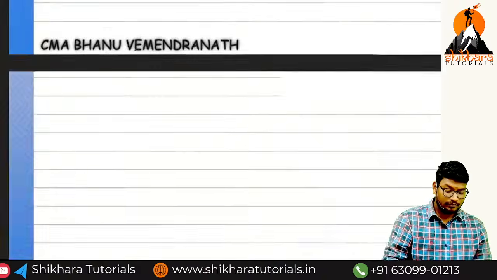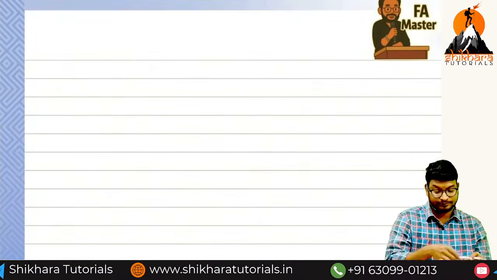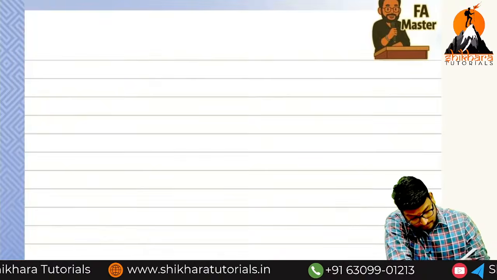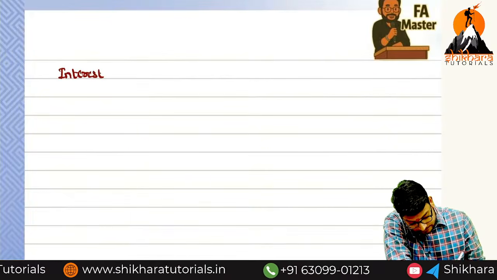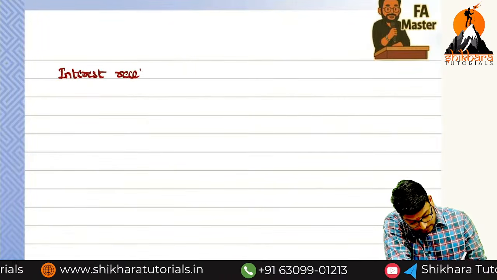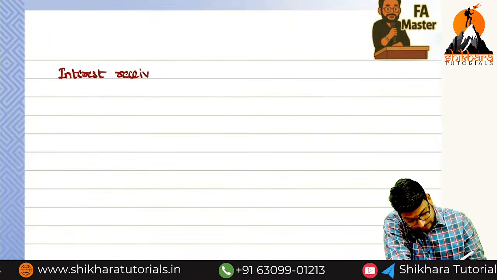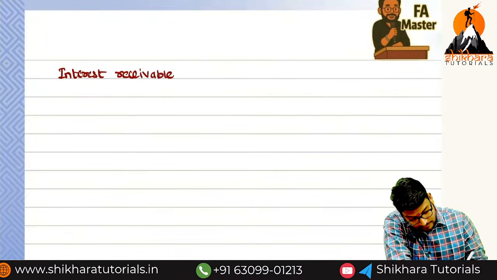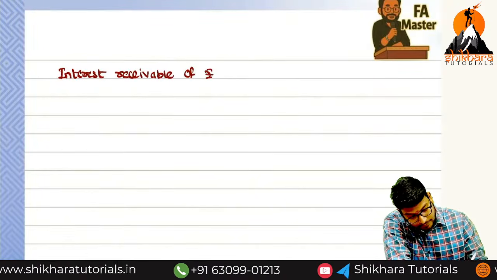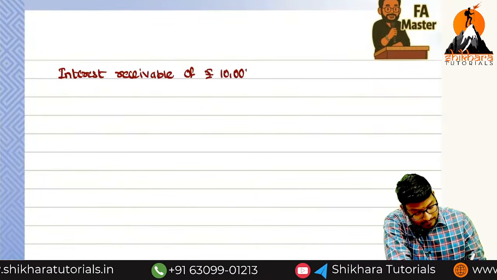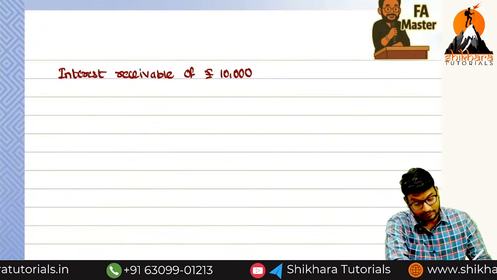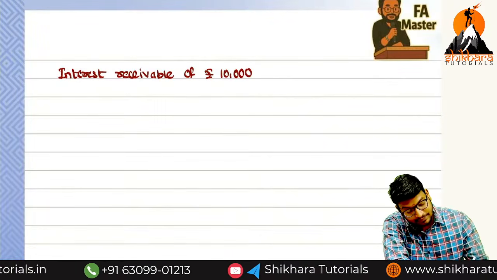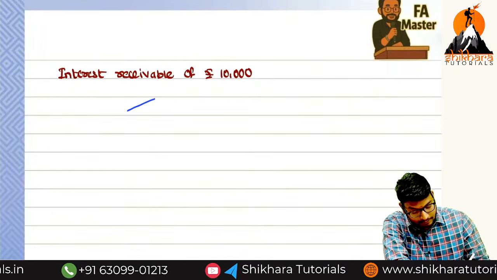Now, what does the transaction mean? Interest receivable of rupees 10,000. What are the two outcomes that will come into the picture now? The two outcomes are,